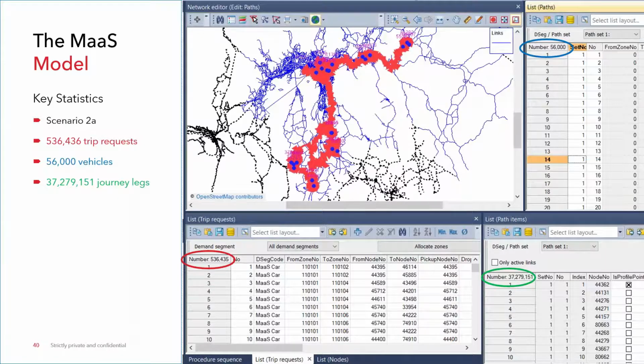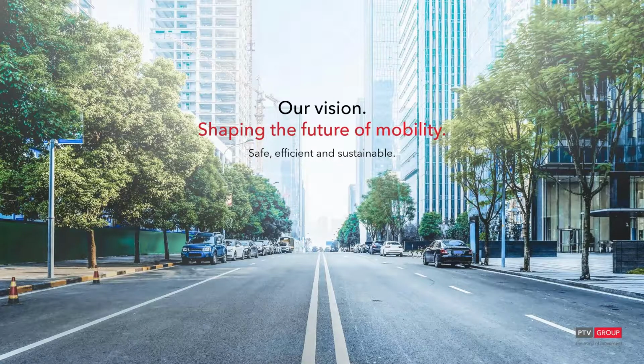The map that you can see, the red fuzzy line is the route that one particular vehicle is taking, and the blue dots are the pickup and drop-off locations on that route. I think it's pretty fair to say that Router has all the answers with this immense amount of data that we are generating with our simulations. Really, it's just reminding ourselves, what was the question? And that is the end of my run through of the Oslo study. I hope you enjoyed that, and I'll hand you back over to Adam for questions if there are any.